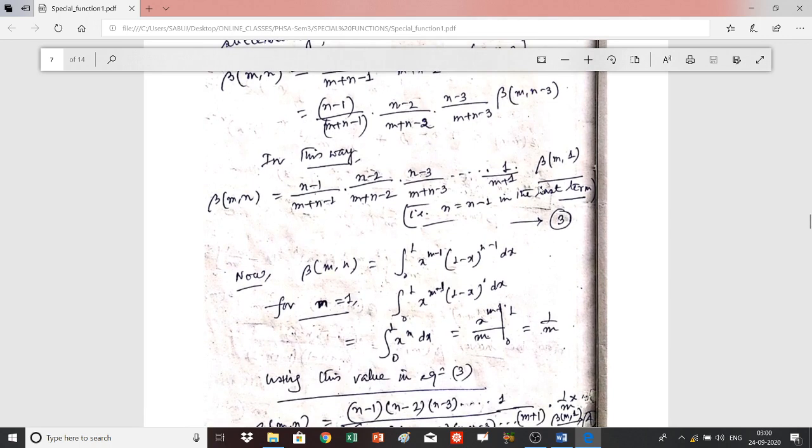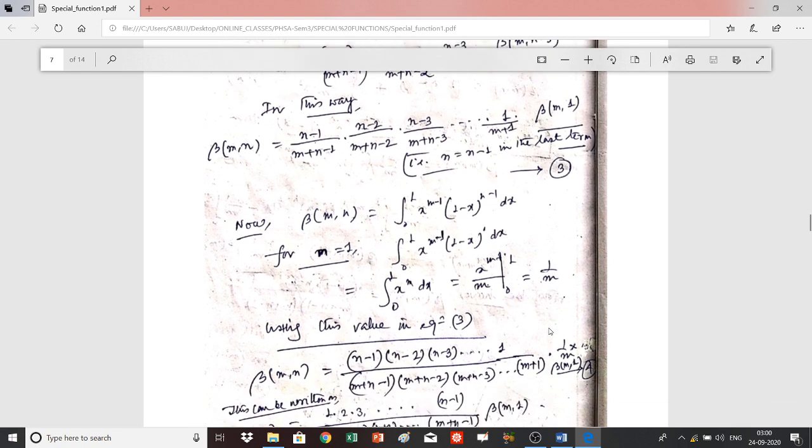So this is equation number 3, and now you know the definition of the beta function as integral 0 to 1 of x to the m minus 1, (1 minus x) to the n minus 1. Why do we recall this? We recall this just to find out the value of this beta(m,1). So here if you use n equal to 1, from here you get integral 0 to 1 of x to the m minus 1, (1 minus x) to the power 0 dx, that is integral 0 to 1 of x to the m minus 1 dx,